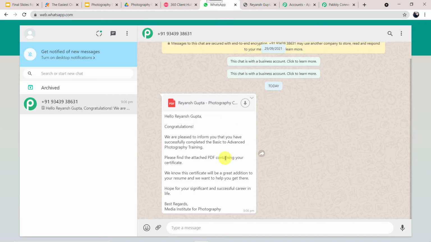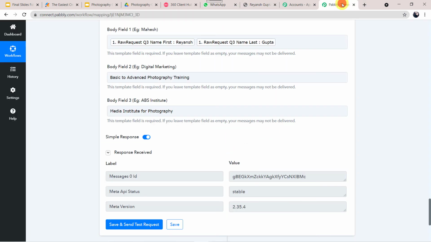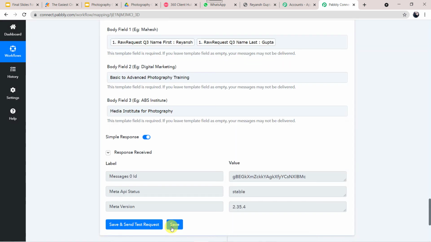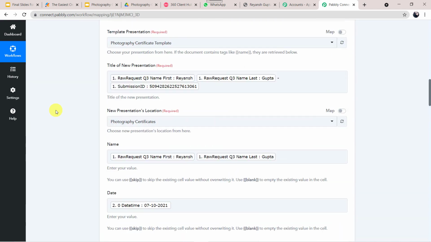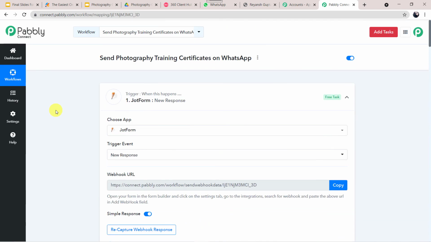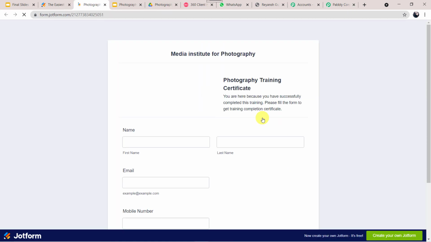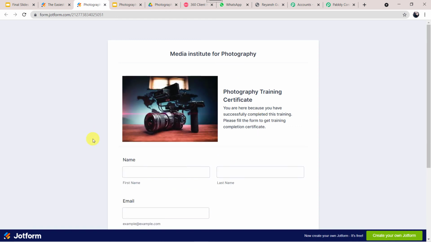Okay. So now let us move back to Pabbly Connect and let us save this workflow first. Data saved successfully. Okay. So now let us check this particular workflow in real time. I'll just go to my Jotform once again. I'll open the form in the new tab and let us fill this form once again.